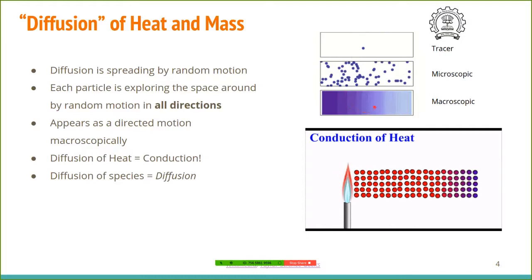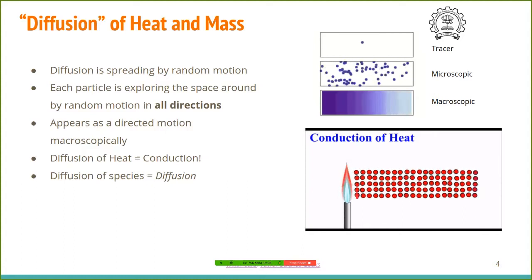Now take this analogy to that of heat. So here we have, let's say, a liquid or a solid that is being heated by a candle on one side. So red denotes high temperature and blue denotes lower temperature. So you will see that at higher temperature, these molecules vibrate a lot or have more random motion, that is higher temperature. When they are blue, which you will see here, there is very small random motion. So that is low temperature, red is high temperature.